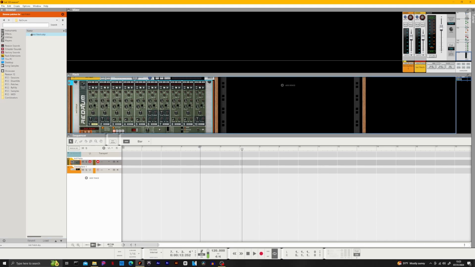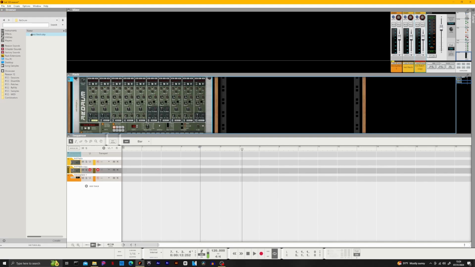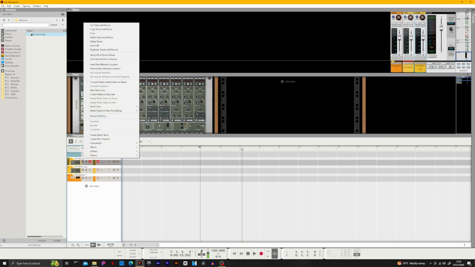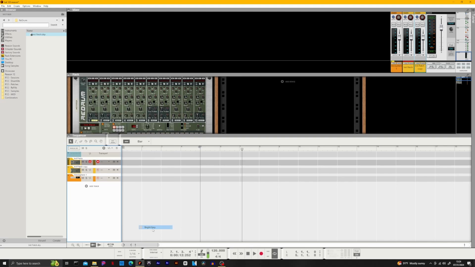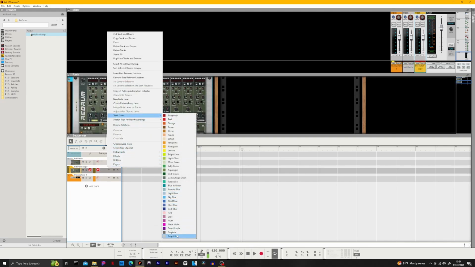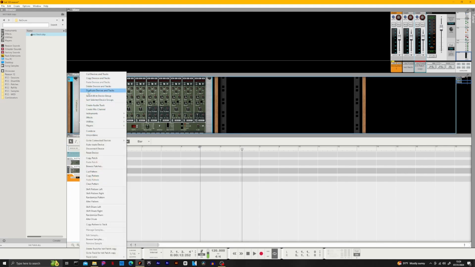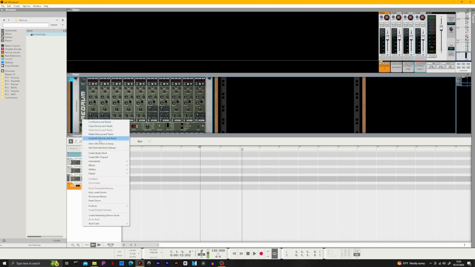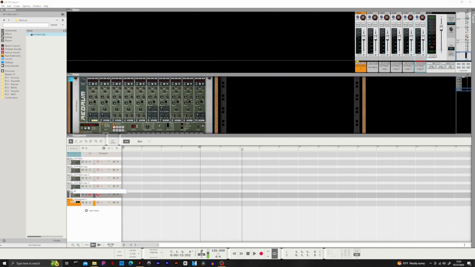So now I will go ahead and duplicate, and then I'll, you know what, I don't like this color. Let's change the color first. Track color, I do mine usually gray all the time. Gray. And then I will duplicate again, duplicate again, duplicate again, and then I'll double click it, kick,